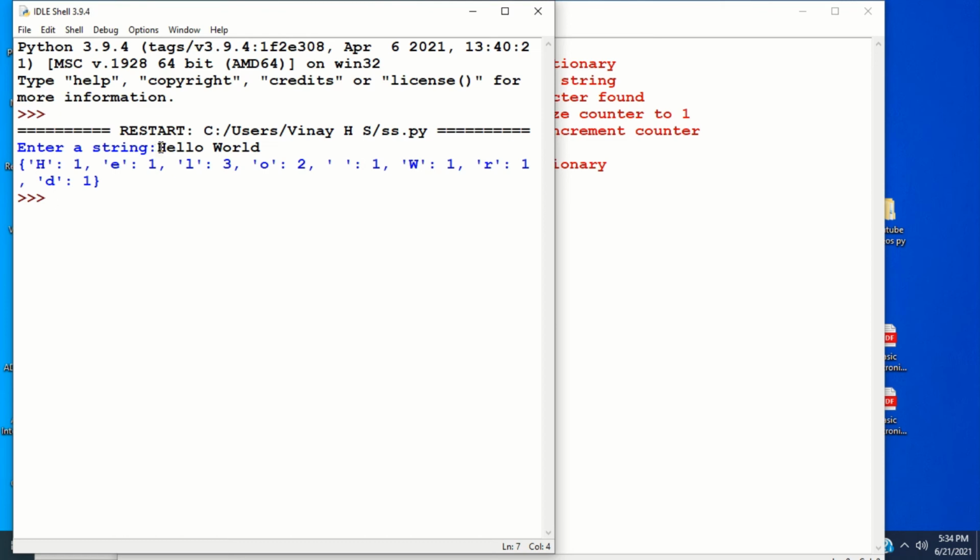So here, the number of occurrences of h is 1, e is 1, and next, l occurs 3 times, next is o, occurrences are 2, and next is white space, occurrence is 1, next is w, occurrence is 1, r occurrence is 1, and d occurrence is 1. The modified code is